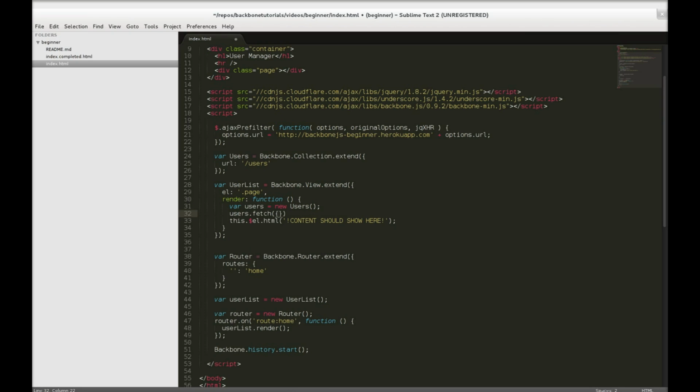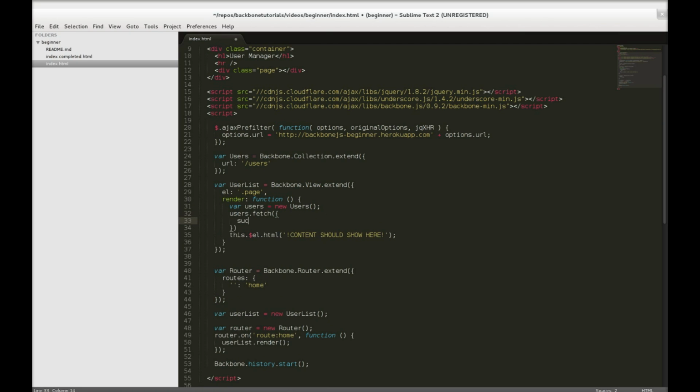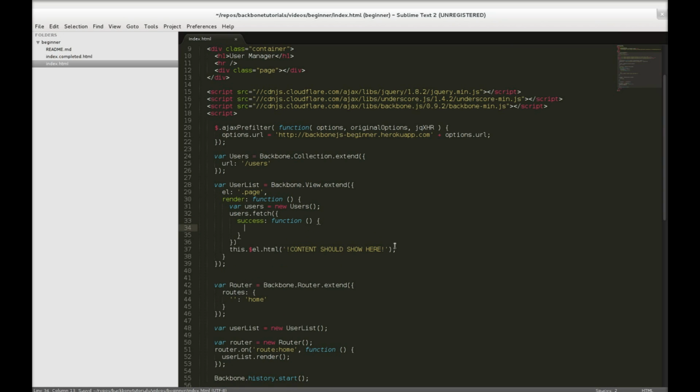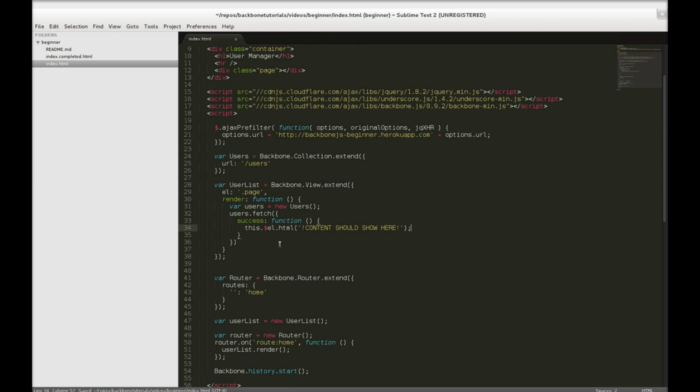So fetch takes an object which lets us specify a callback for the success. So on success, let's just render our template when it's successful,